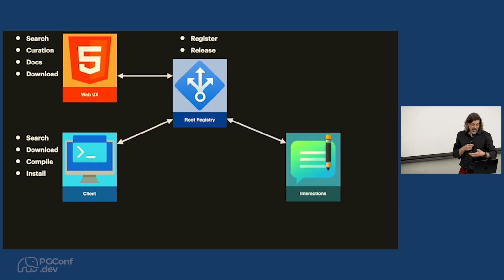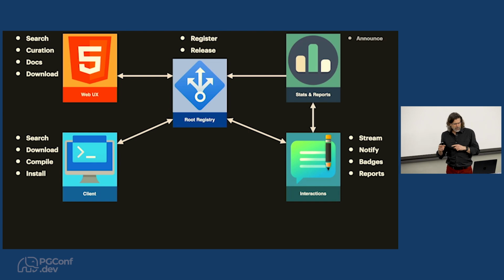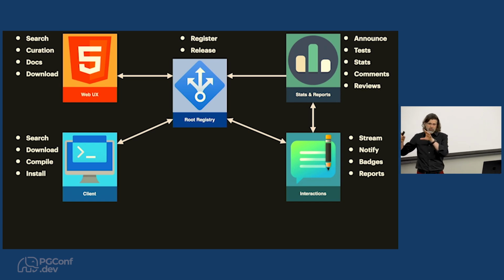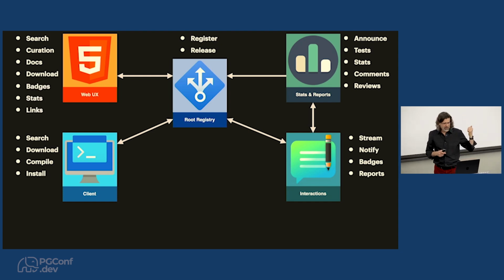What's new is this idea of an interaction system, which streams information about changes to the system, notably releases. It could have webhooks. It can notify downstreams. And it also lets trusted partners write back, like, here's a badge for we tested on these systems, or reports for test matrices or reviews or what have you. These become part of the clients and reports. These are the stats and report systems that anybody can build for whatever need they have, to build additional metadata for extensions and submit it back through the interaction system. And then they show up on the site as stats and links.